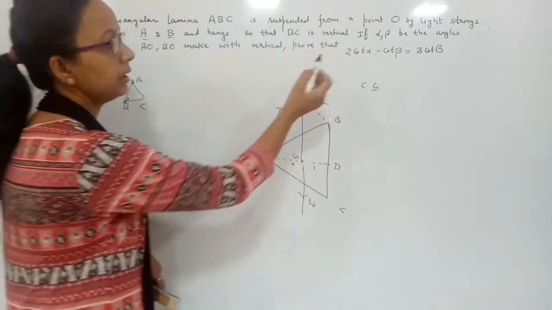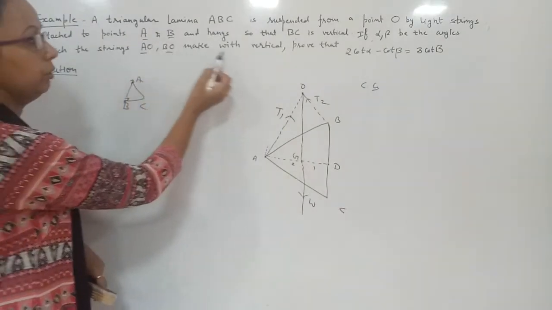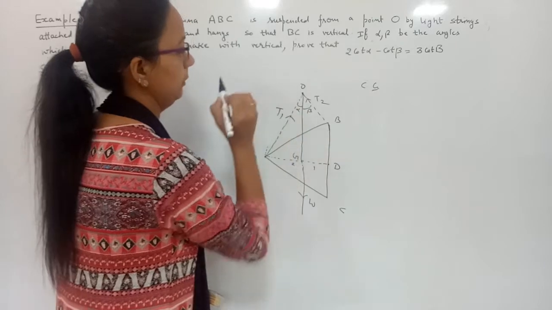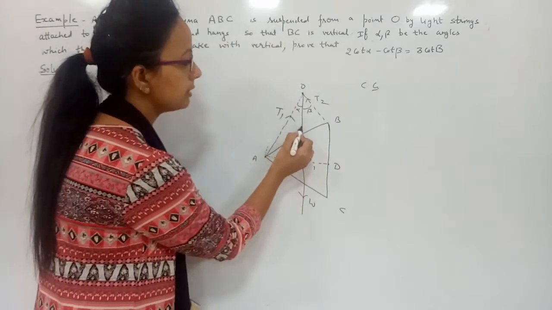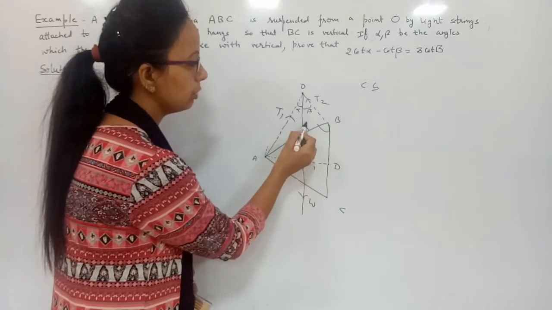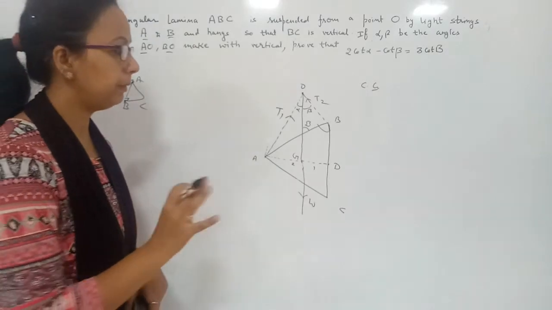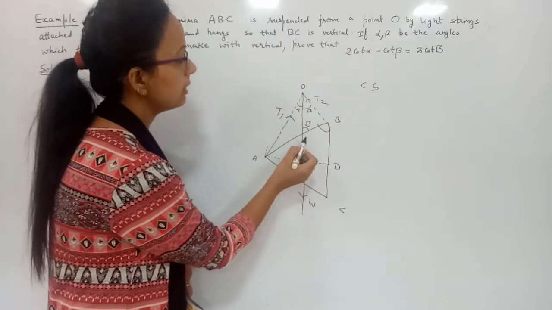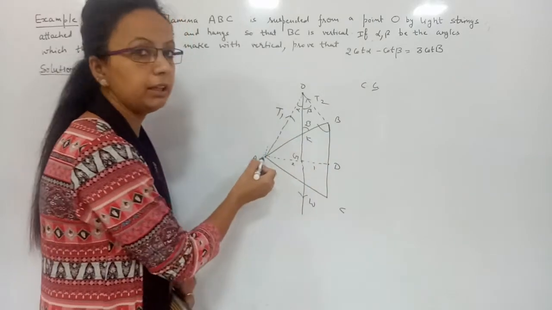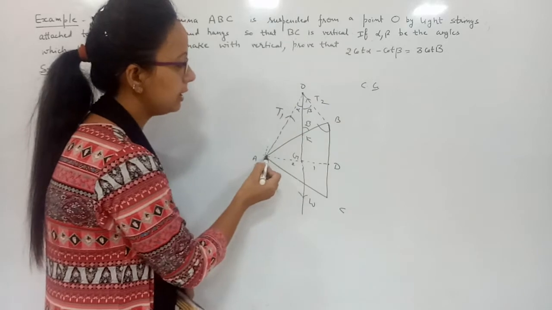Now angles are given. Alpha and beta are the angles of AO and BO with the vertical. So this angle is alpha and this angle is beta. And now what is this angle? This angle is B, and this angle is also B. Now we can apply the MN theorem, but before that we must have this AK and KB so that we can apply the MN theorem. Now to find AK and KB, see this triangle.